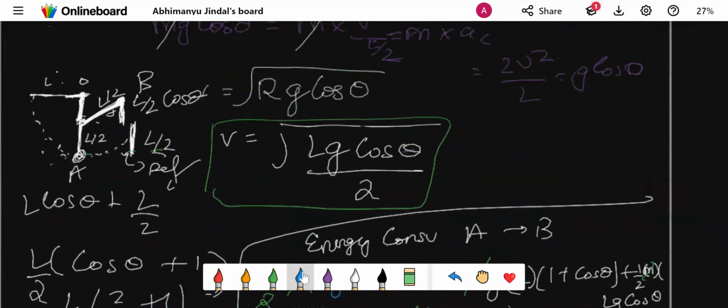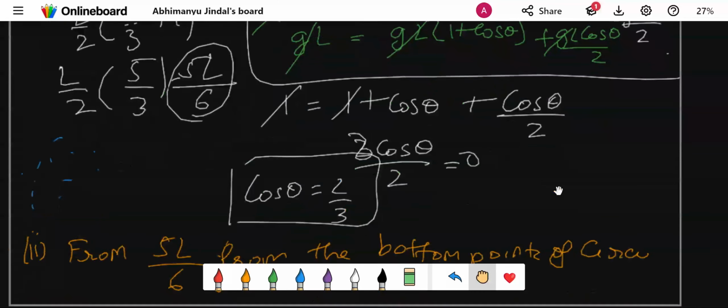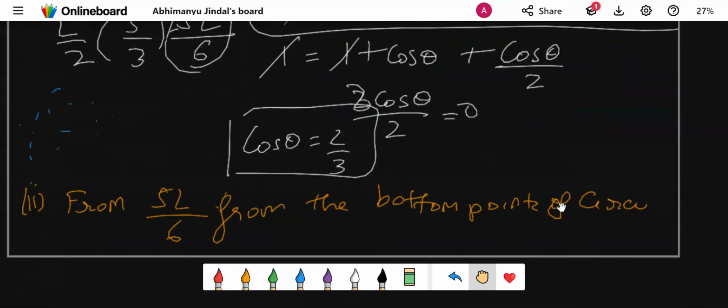It is 5L by 6 from this point right here. This was reference, right? Remember, this was reference, so 5L by 6 is from this point. So now we have solved the second part, which was finding the height above the point where